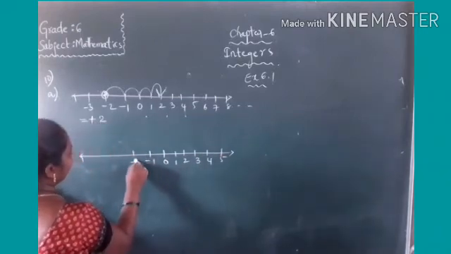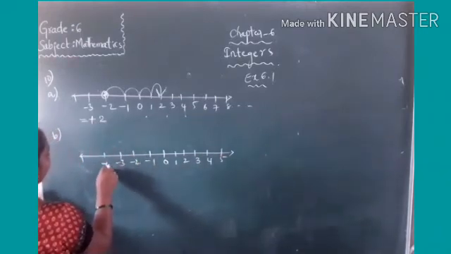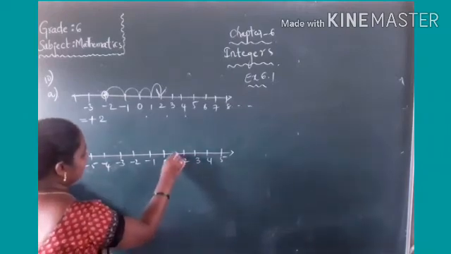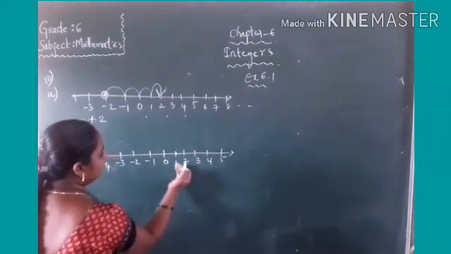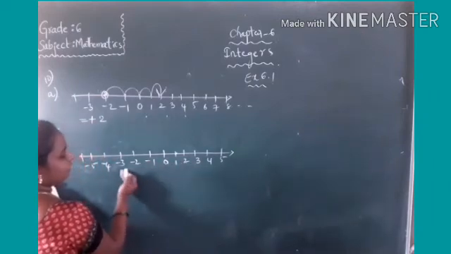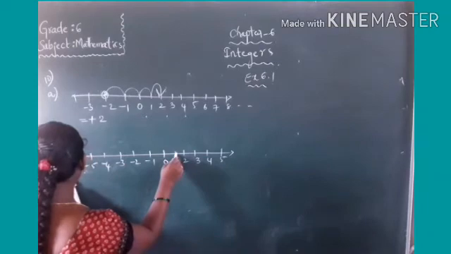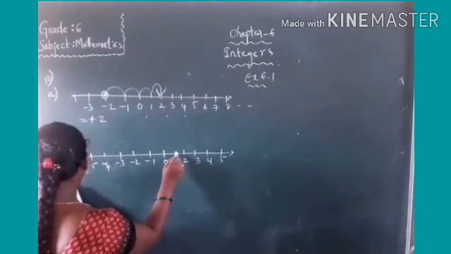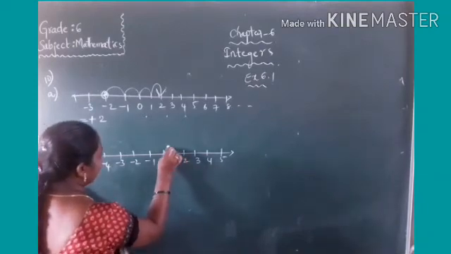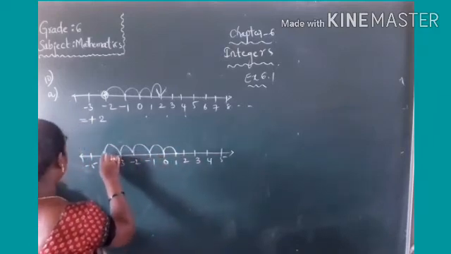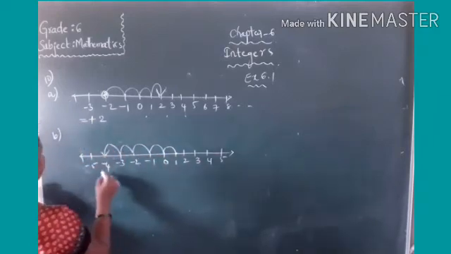Here give minus 1, minus 2, minus 3, minus 4, minus 5. Left means you have to move to the numbers below 0. So 5 numbers from 1: 1, 2, 3, 4, 5. So you reach